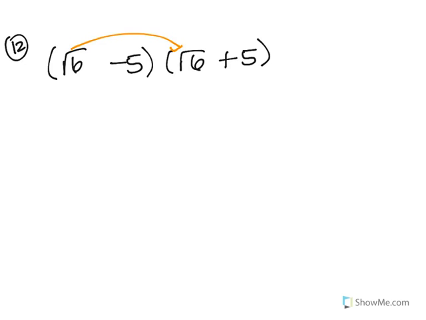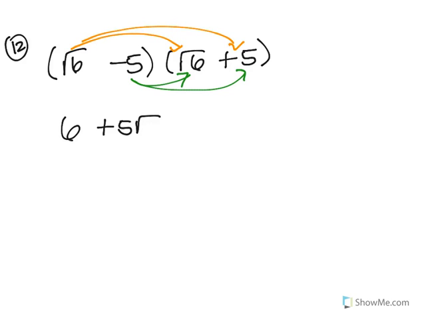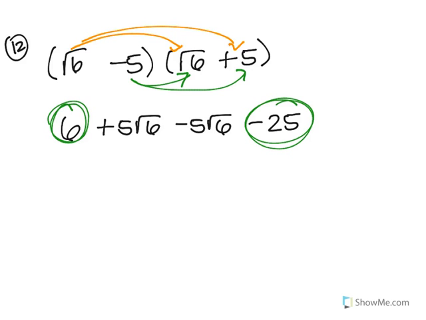What if we had the square root of 6 minus 5 times the square root of 6 plus 5? That'd be 6, and then 5 square roots of 6, and negative 5 square roots of 6. 25, and -25. Awesome. So we got 6 minus 25,